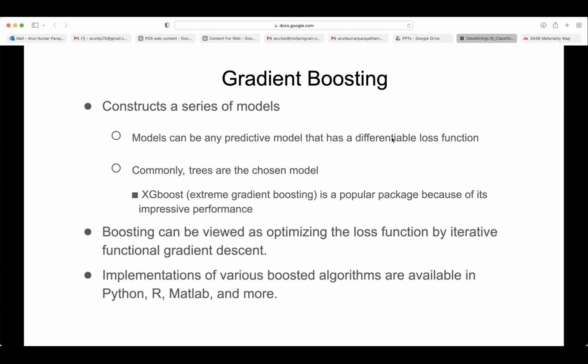If you want to use decision trees, you should first define a loss function for them. Based on that, we can decide whether it is differentiable or not. If it is differentiable, you can use gradient boosting. But it is difficult for decision trees to define a logarithmic loss function because you get either 0 or 1 there. We will see how to convert those into probabilities.